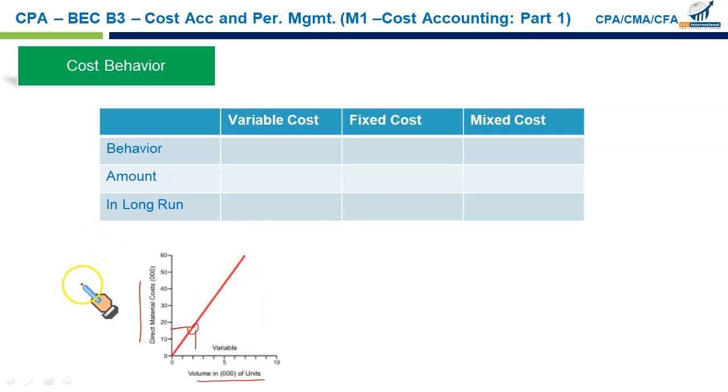The important point here to learn is that, let's say each unit requires $10 worth of direct material, $5 direct labor, and $3 for variable overheads, it's going to be $18. So every time you produce a unit, it will cost you $18, right? So the amount stays fixed within the relevant range. So the behavior is that variable cost per unit stays the same within the relevant range. We will discuss relevant range shortly.